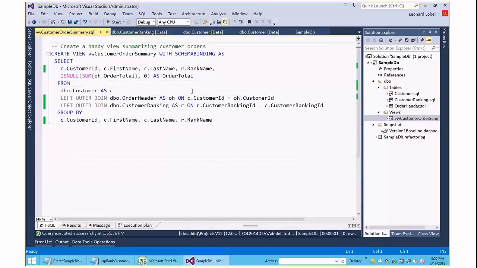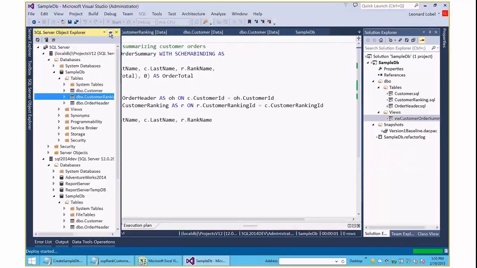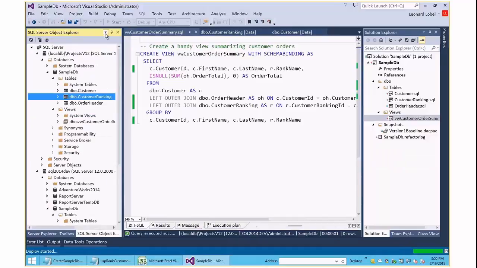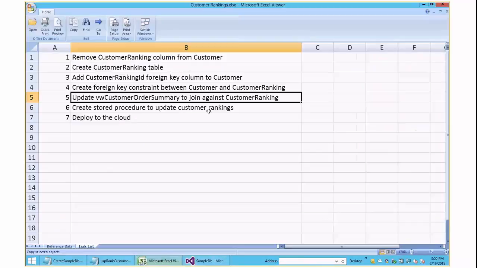With that in mind, I'm just going to go ahead now and press F5, which will build and deploy. It's going to do a schema compare. It's going to say what's different between the last time you did this, and it's going to say, oh, you added a view, and so it'll just go ahead and create that view in SampleDB, and there you can see it's there. So now task 5 is complete, and we're up to task 6, create the stored procedure to update